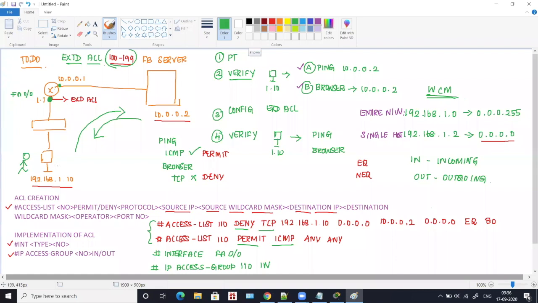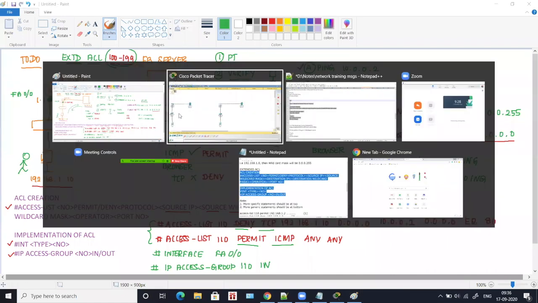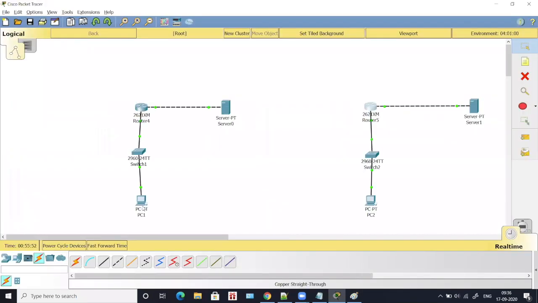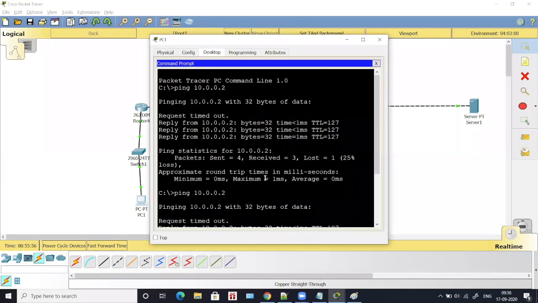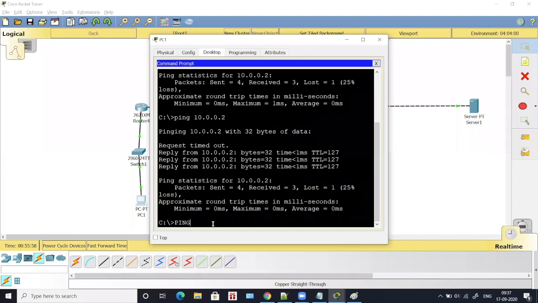Now what we will do is we will try pinging from this computer to this server. So from this computer, let's go to command prompt and let's try pinging 10.0.0.2.